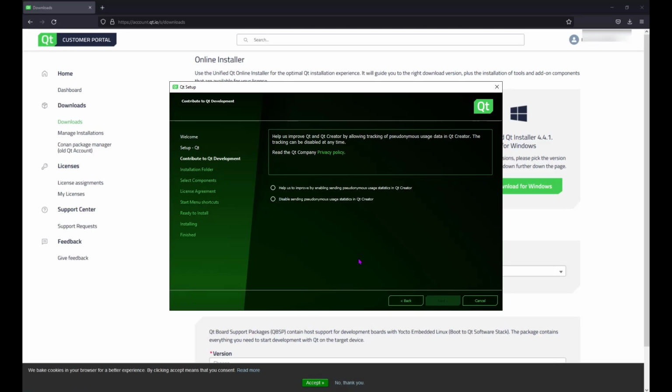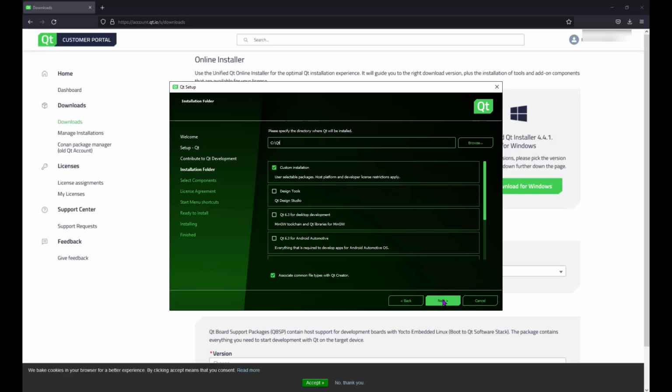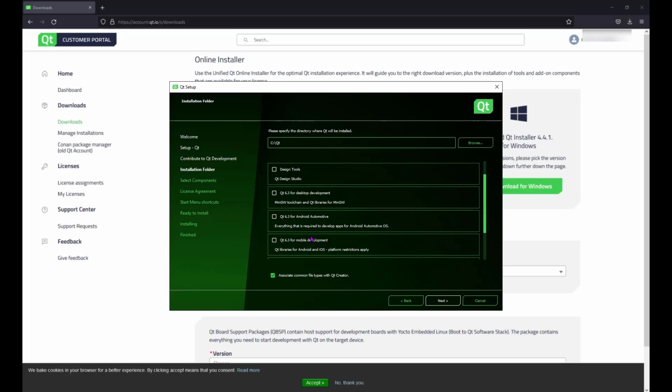So there's two ways to install everything you need to develop with Android using Qt. First is to tick an option on the second screen. Appears here. Yeah, so you can go down and tick Qt for mobile development and the version you want, and that will install everything you need, except the third-party Android bits of the toolchain. So the IDE, the compiler,